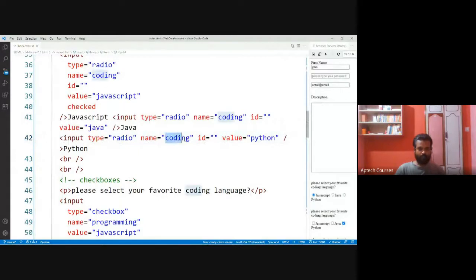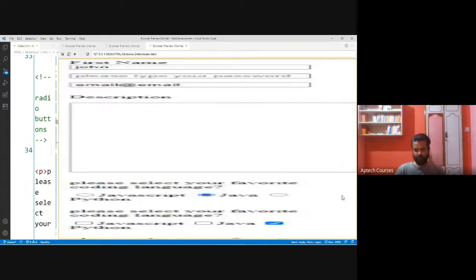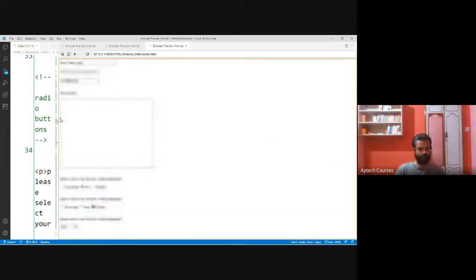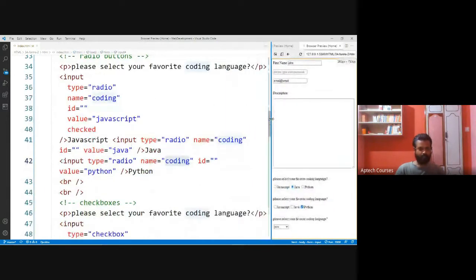Name is coding. So for all the radios, we are giving the name as coding. So these three radio inputs come under one category, one group. Only one can be selected among these, not multiple. That is the usage of radio button.